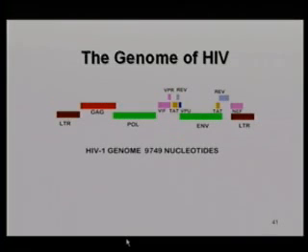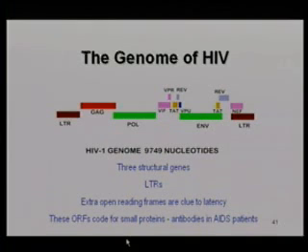When we look at the genome of HIV, it seems such a complicated virus, such a complicated lifestyle. But it's no bigger than any other retrovirus. It's about 10,000 nucleotides. It does have some certain open reading frames in addition to what you normally expect. And they are indeed translated into proteins because we can find antibodies against these small control proteins here in the patients who are infected by HIV.